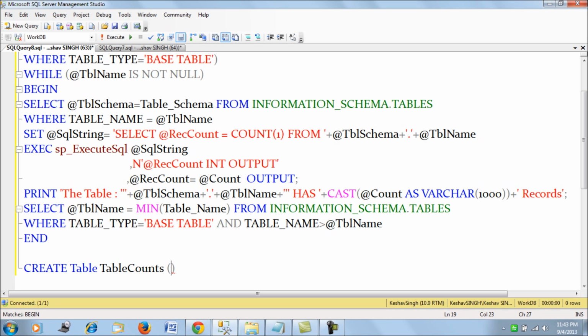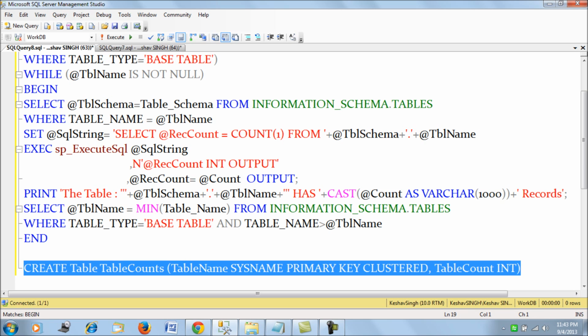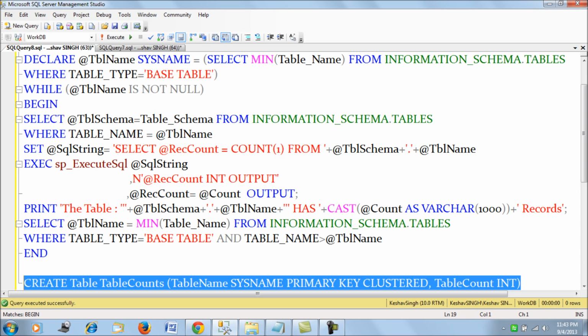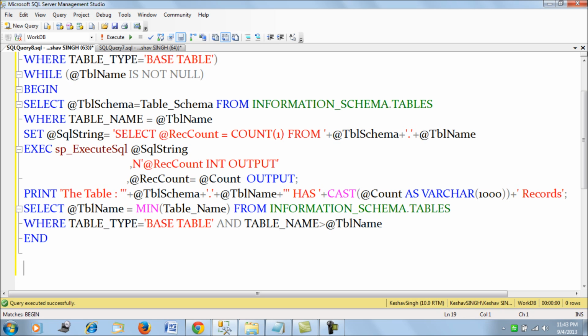Okay, we have 2 columns in this table: table name, which is sysname, primary key, trusted, and then we have, let's call it table count. Right, so we have created this new table, and now